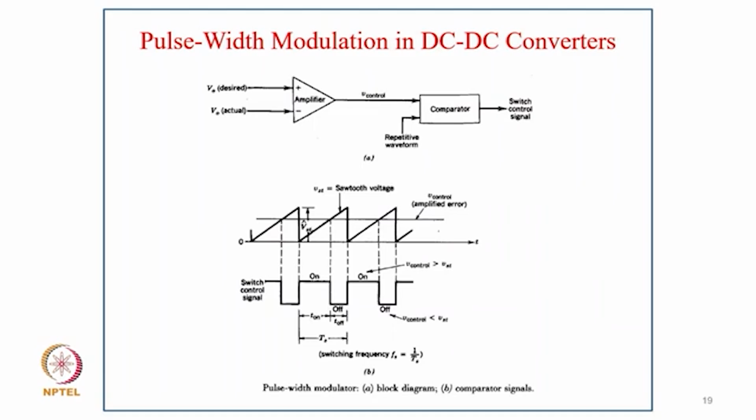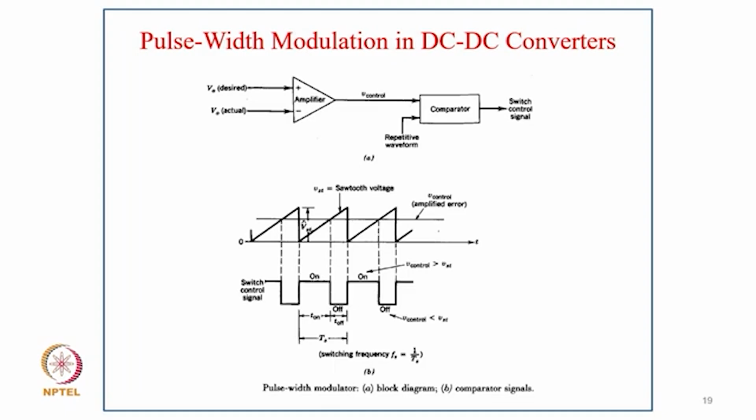And of course, the control here we call the amplifier or error amplifier, which may be a PID controller, so that the steady state error is 0. So we have a reference voltage which we want, and then we have a feedback voltage with proper isolation, and we amplify it with a proper amplifier like a PID controller for reducing the steady state error to 0 under steady state condition.